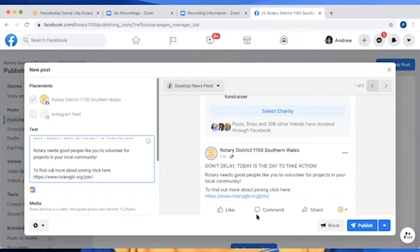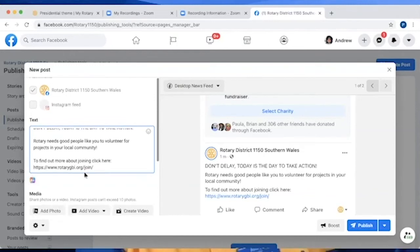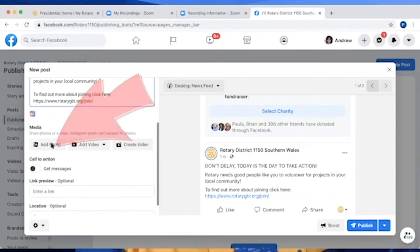So that might be dates, that might be links in order to donate, that might be important information about what you're actually doing. And when I say that, I mean like a sentence summary. That all goes right at the top. If you want to put all the information at the top and then do some really long stuff underneath, feel free. What we're going to do then is that we are going to add a photo,